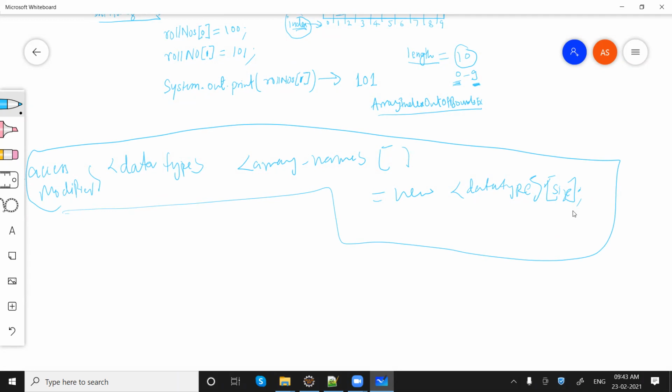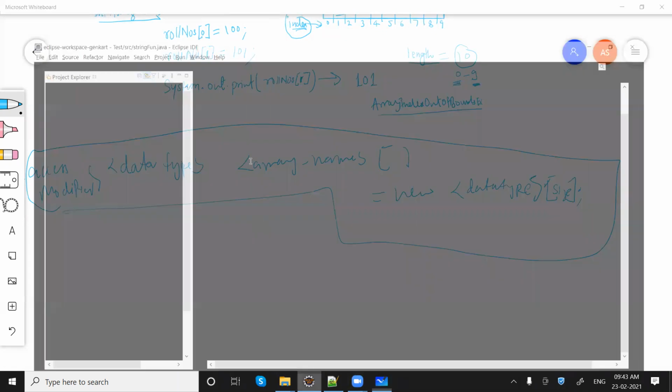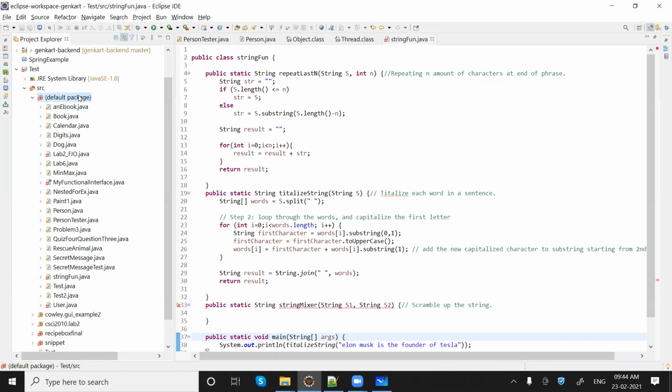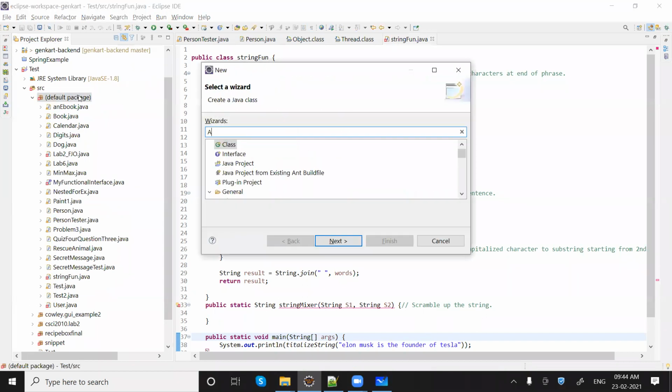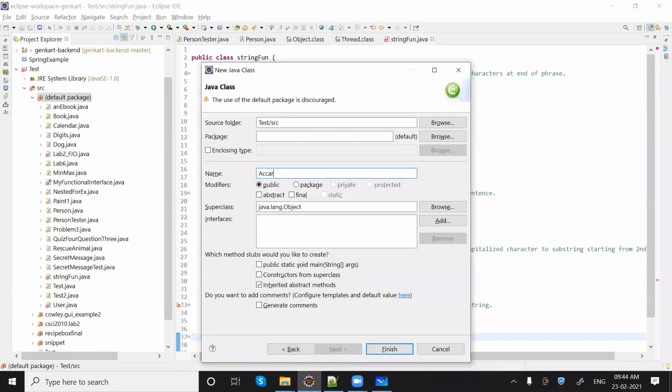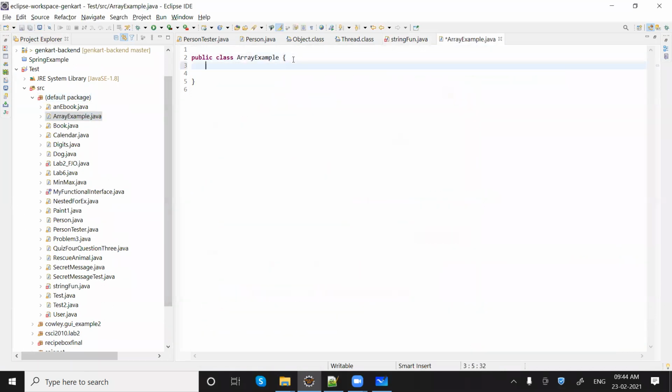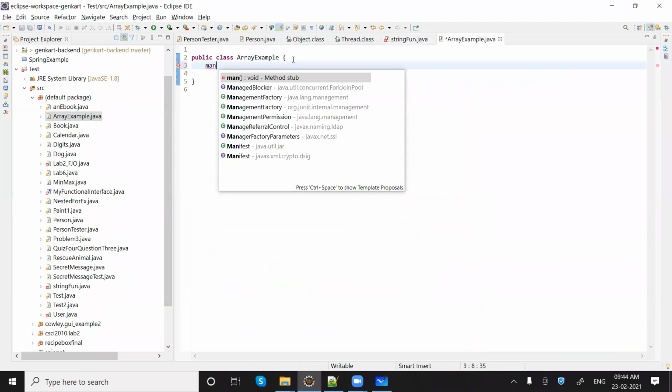Okay, now let's start some practical. I'm going to create a class, let me take an example. I'm taking the main method here.